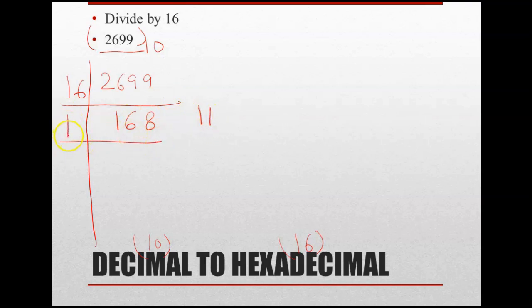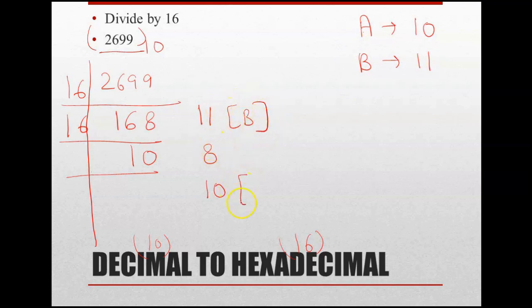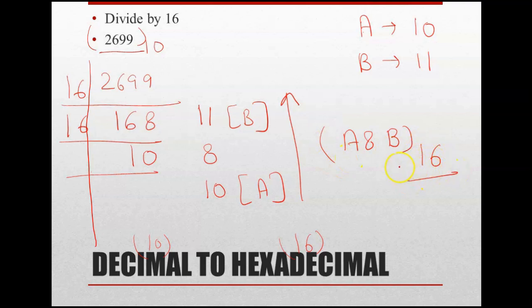And then again you divide it by 16. So this time we have 16 1 16, and then 0, so remainder is obviously 8, and this is obviously not divisible further. Well, you are converting into hexadecimal form, and if you remember, in case of hexadecimal, 10 you are representing by A, then you have B for 11. So yes, 11 is coming, so just take it as B here, and 8 will be 8 only, and for 10 it is A, and you will write from down to up, so it is A 8 B, and this is the hexadecimal form. So it is exactly the same as we did the previous one. Okay, so this is perfect.